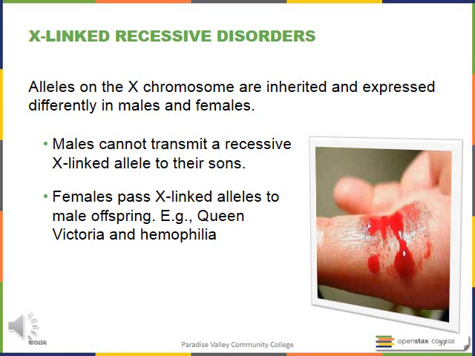So let's use this example. Males cannot transmit a recessive X-linked allele to their sons. Now, that's a fancy way of saying males will never pass on an X chromosome to their son, because the X chromosome comes from the female. The female has 2 X's, and when they pass them on,